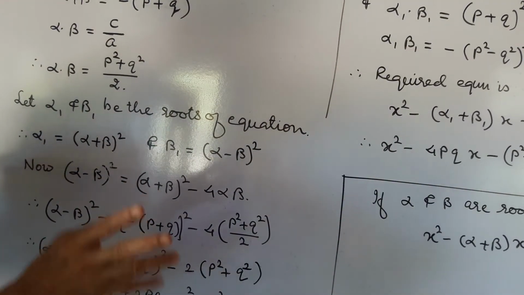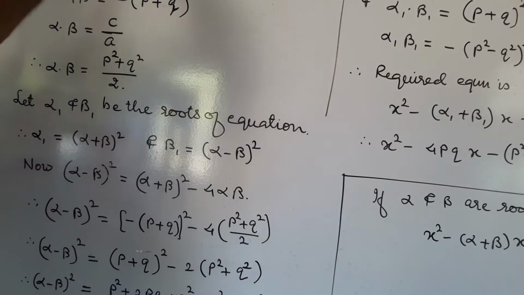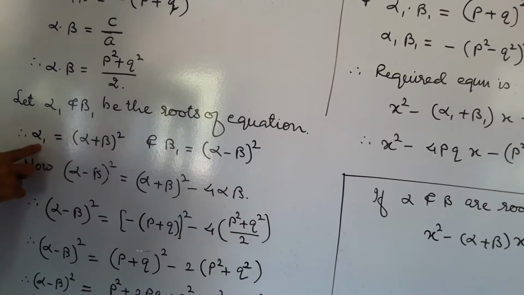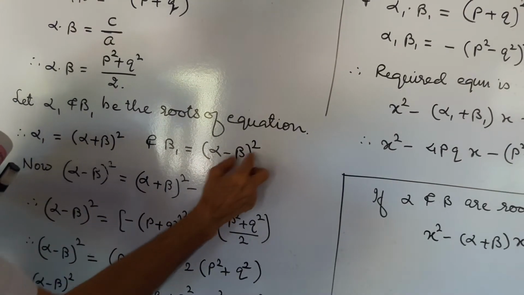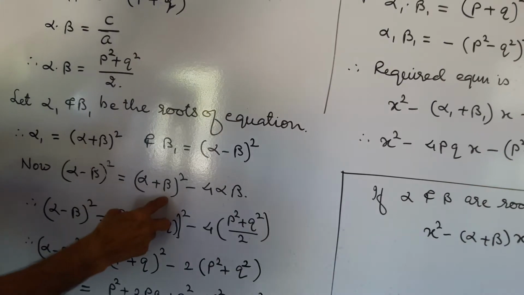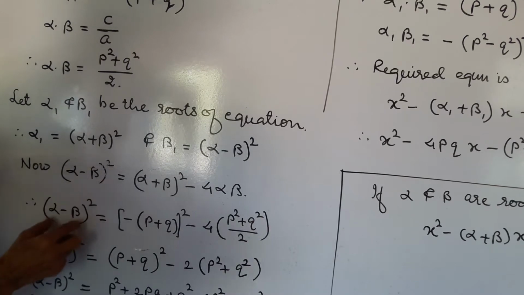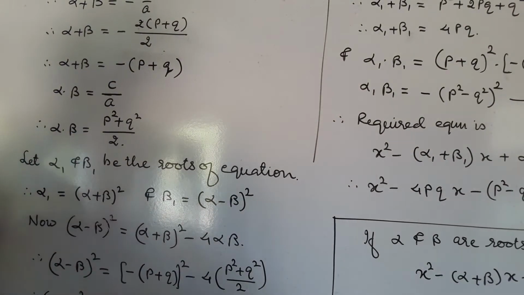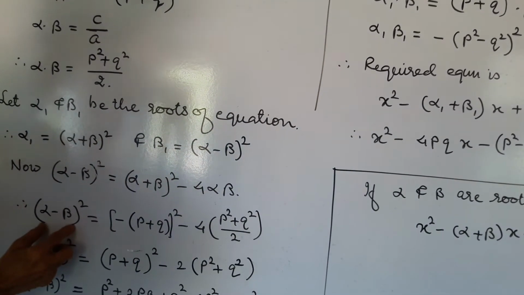So the required equation has two roots, alpha 1 and beta 1, but we have to obtain those two roots from the given roots, and the given condition, once again, is that one root is the square of the sum of the roots, and second is the square of the difference of the roots. And therefore we have the formula alpha minus beta whole square equal to alpha plus beta whole square minus alpha into beta. So alpha plus beta we have, which is minus (p plus q), but we do not have alpha minus beta. Second root we don't have. So second root we are going to obtain from our formula.